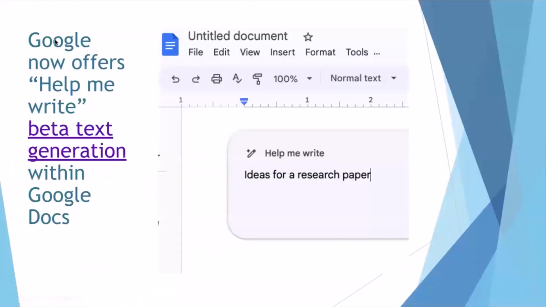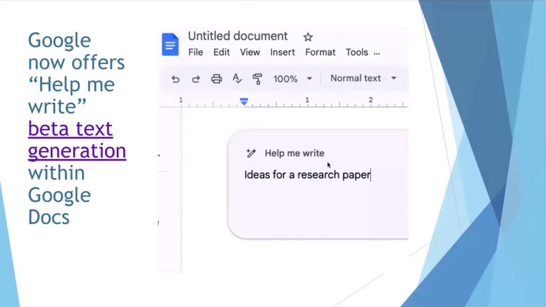So you can sign up for Google's beta text generation within Google Docs and get a glimpse of this. Basically it just looks like Google Docs, except that there's this little pencil with the almost magic fairy dust kind of logo, which is a little bit of hype, right?